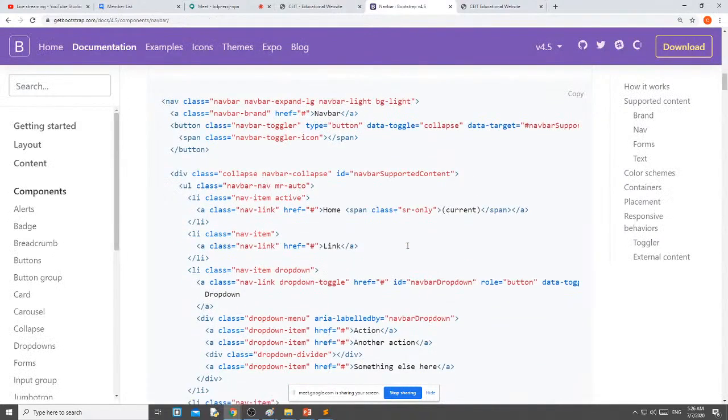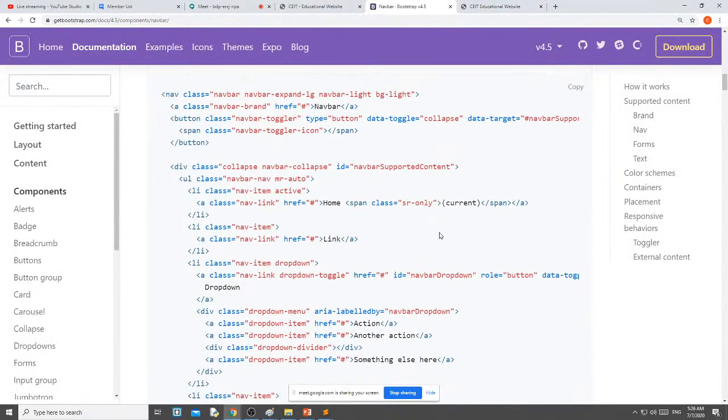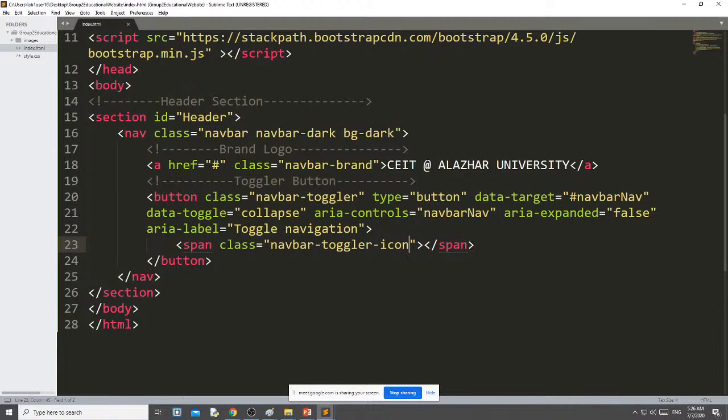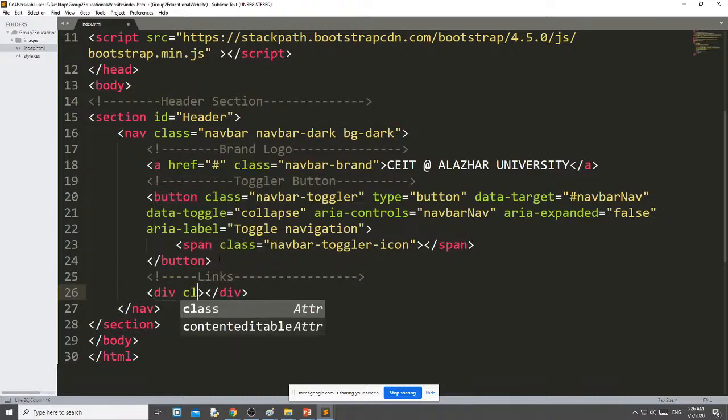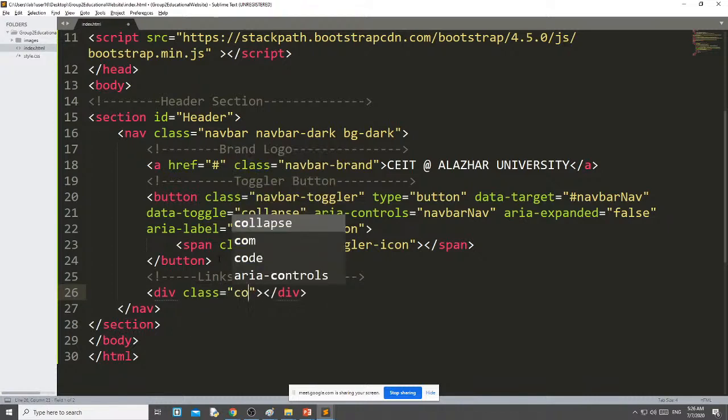Then we will see how to add the links to this particular toggler button. The last thing is about the links. Here, after the button, for links I am using div class collapse navbar-collapse.